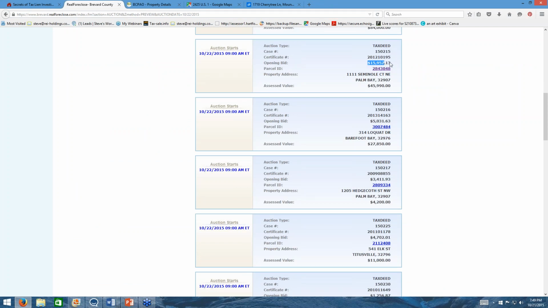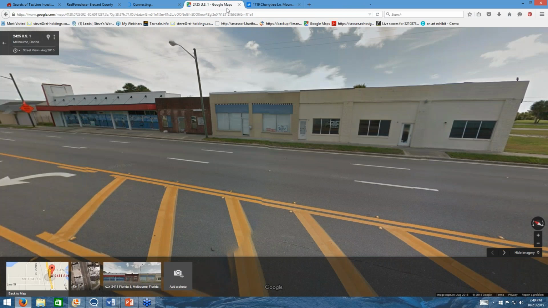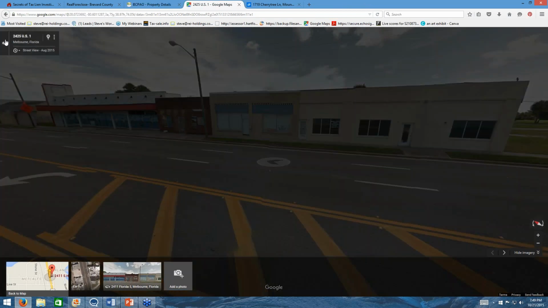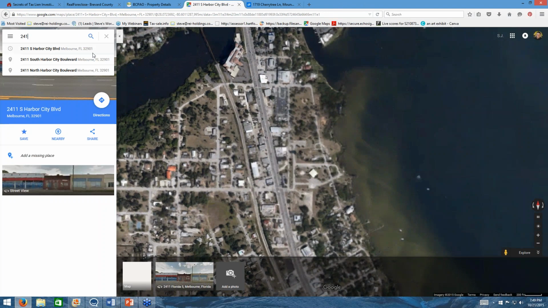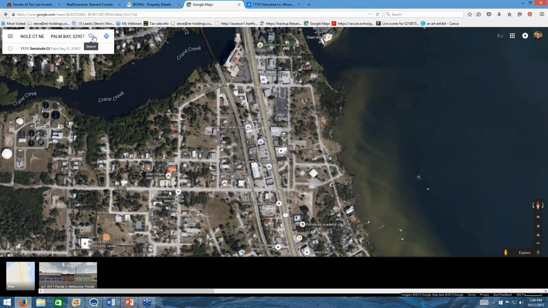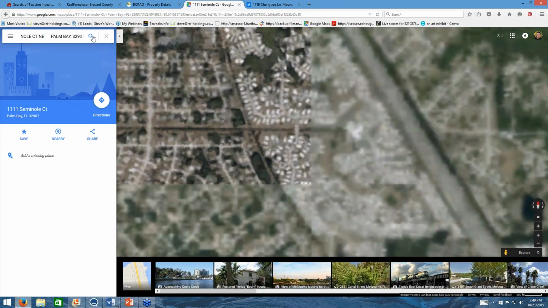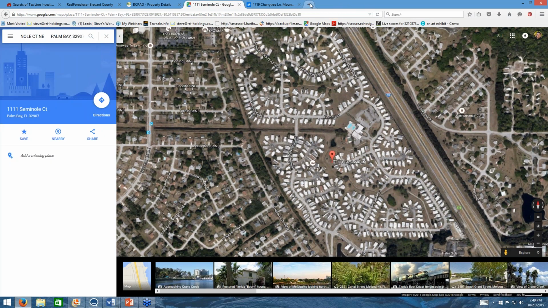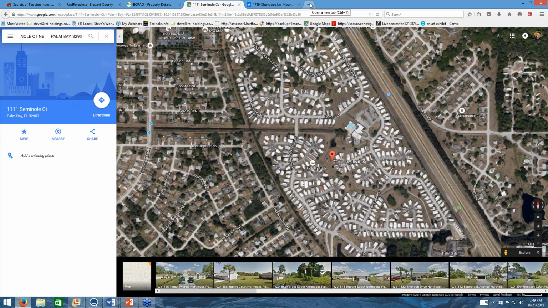We see this next property here, $15,000 opening bid. We have the address listed right here. And we're just going to go through really the exact same process each time. Now, when the auction comes close, you're going to do a lot more due diligence. You're going to do a comparative market analysis on it. You're going to do a lot more research on the property. But until the auction gets close and you plan on bidding, you're not going to do as much. You're just going to go through and do a quick view on each property, get an idea,